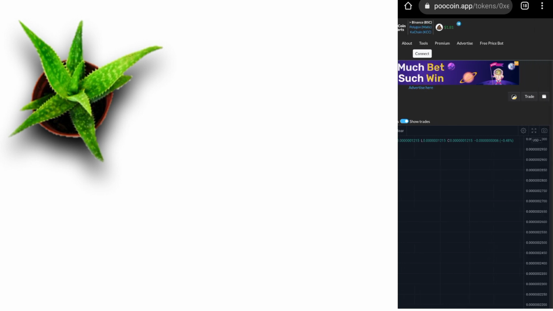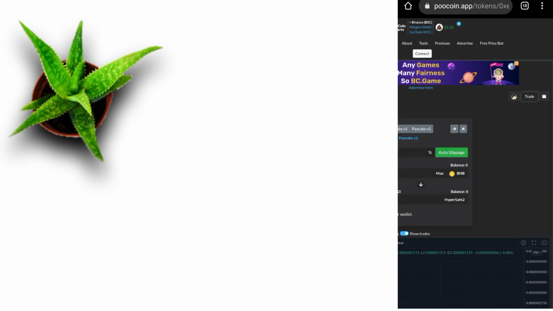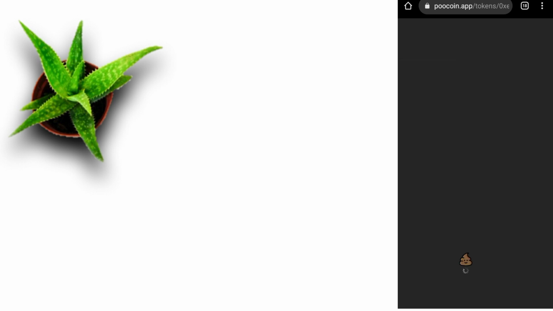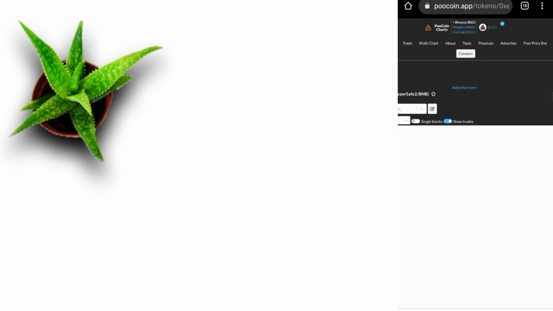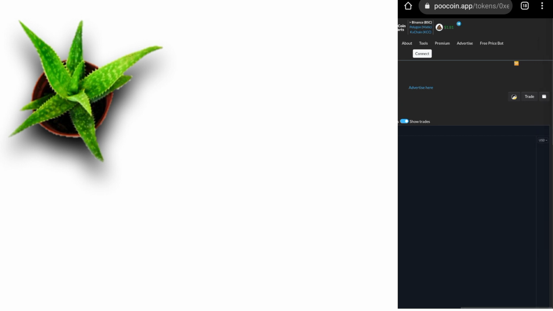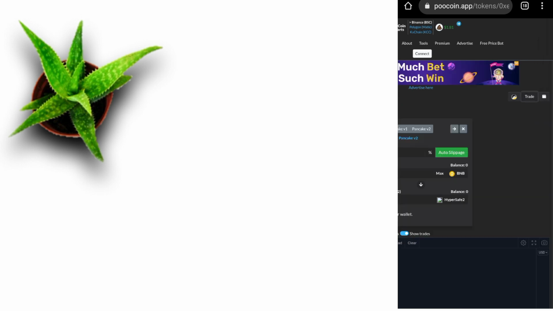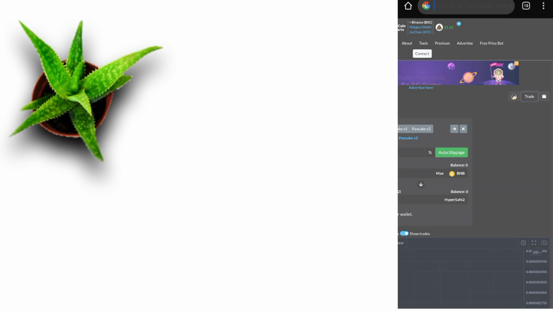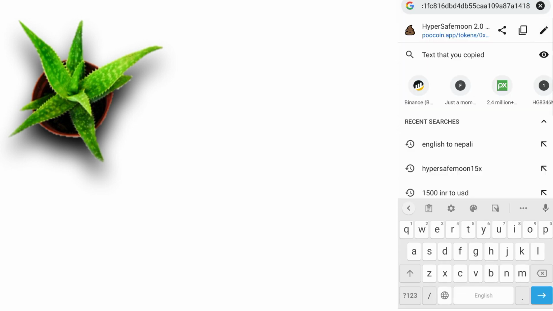tap on trade. After tapping trade you can copy this link from here. If you tap this trade, here you can copy. This link is opening here. This link you have to copy.